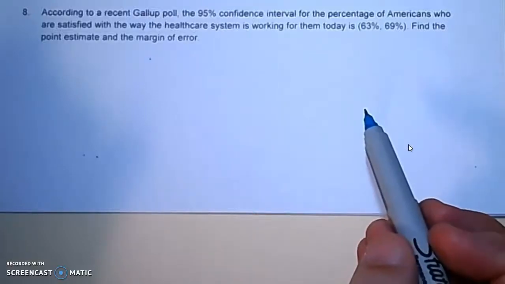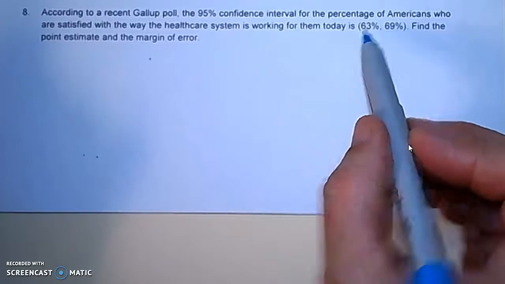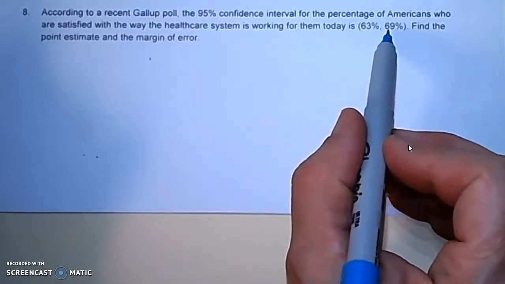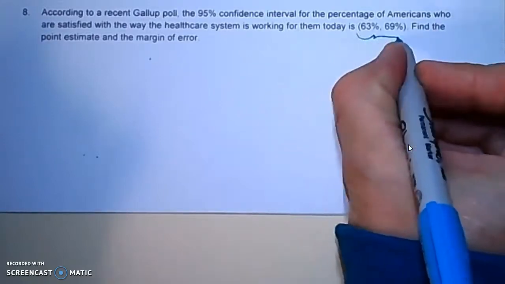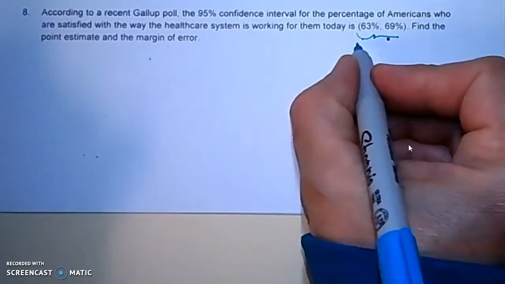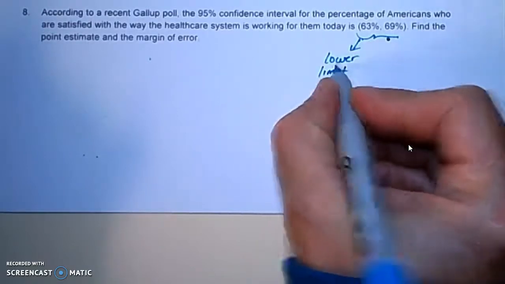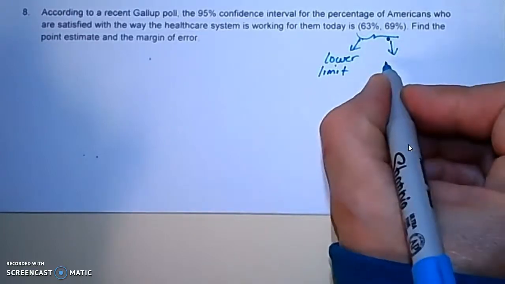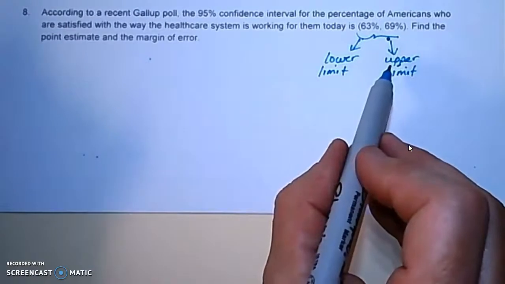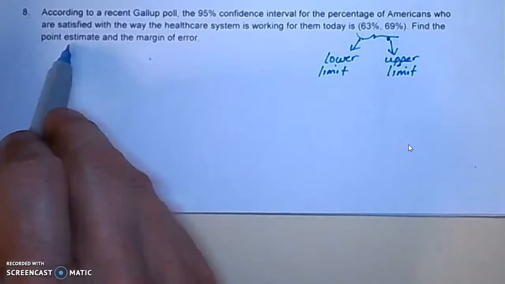Here's a question that has to do with confidence intervals. This one's a little bit misleading because what they're doing in this question is giving you the confidence interval already. These two values right here are the lower and the upper limits for the confidence interval. 63% is the lower limit and 69% is the upper limit. They're giving you those values already and they're asking you to find the point estimate and the margin of error